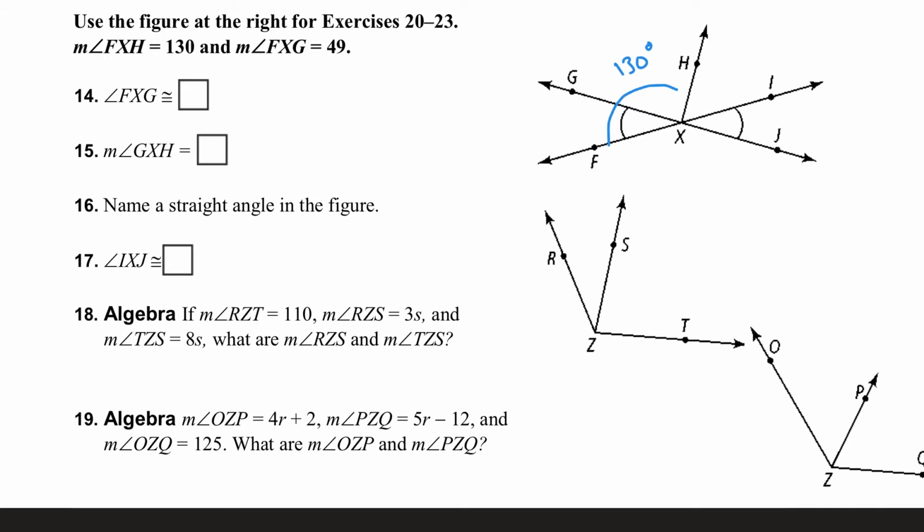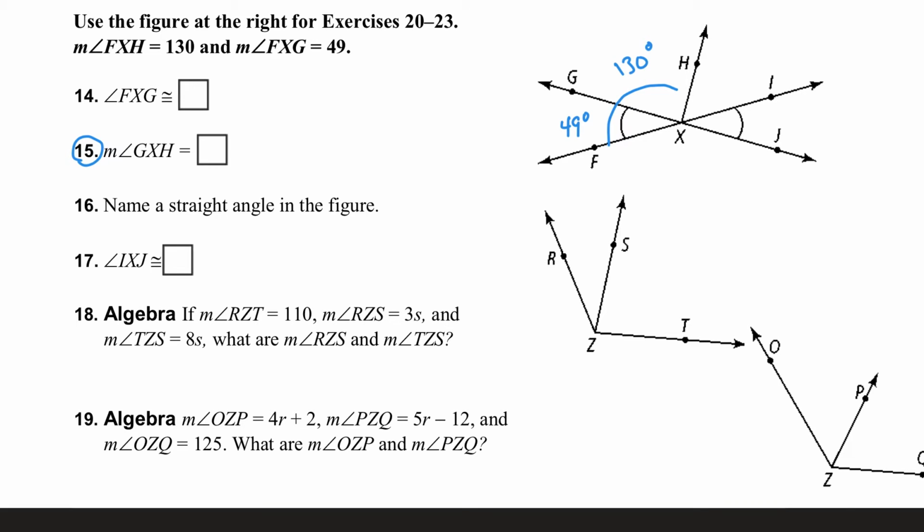I know that the measurement of angle FXG is 49 degrees. And we're going to go ahead and do number 15. It's asking you to find the measurement of